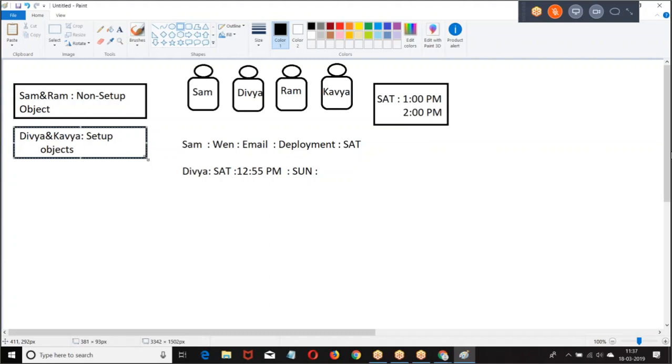The objects on which if I make a DML, they will not impact the permissions on the database, they are called non-setup objects. I hope you are good.